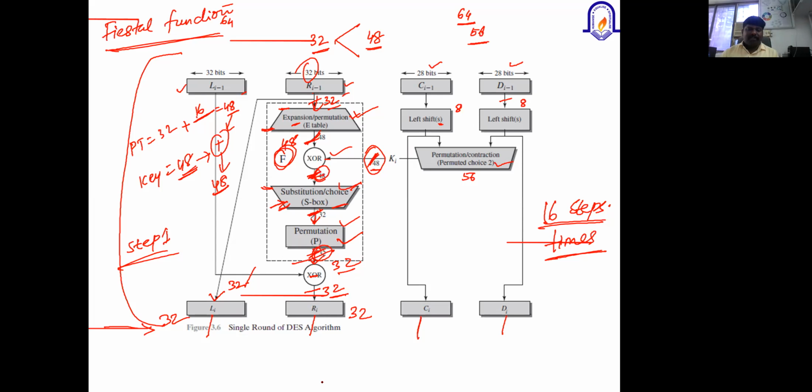If you are clear with the concepts, at least you can write clear in the chat box so that I'll come to know whether you are clear or whether some more clarification is required on the topic. Accordingly, I will proceed. Okay.